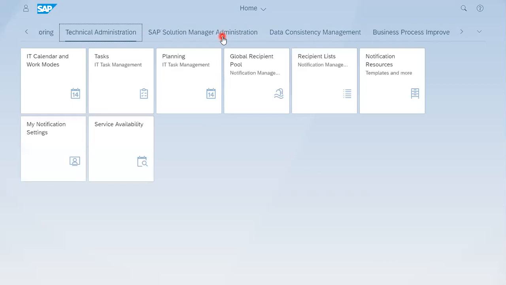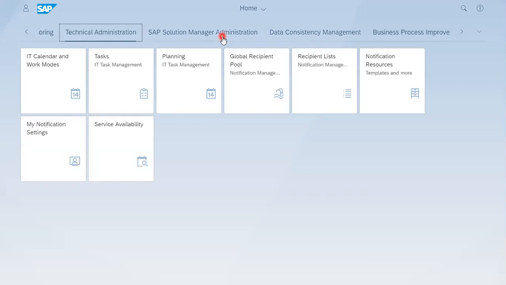Today I'm going to show you the IT calendar and work mode management, how you can suppress alerts for systems which are in maintenance, so you are not bothered about generating false incidents and alerts.